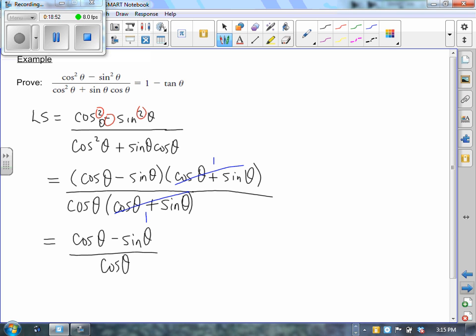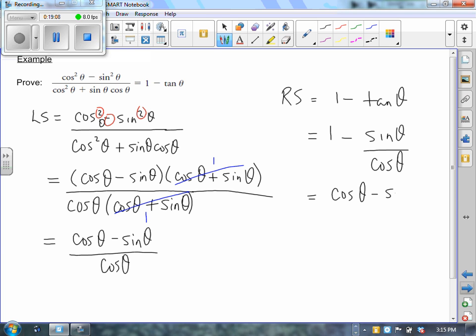On the right-hand side, we have 1 minus tan theta. The strategy here is to convert your tangents to the quotient identity of sine over cos. If we acquire a common denominator, which will be cosine of theta, we end up being able to show that